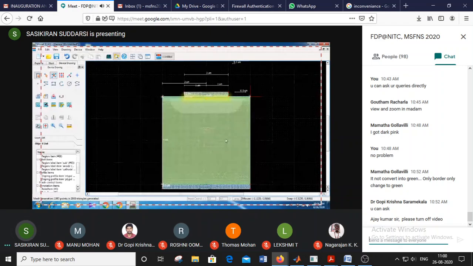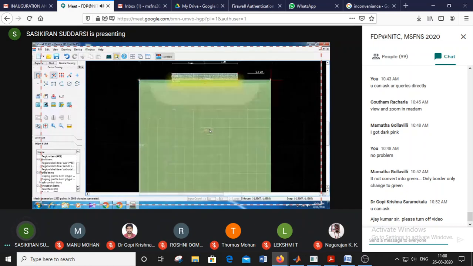Meshing means at the PN junction we need to create more number of nodes so that the tool will calculate the Poisson equation here at the junction.